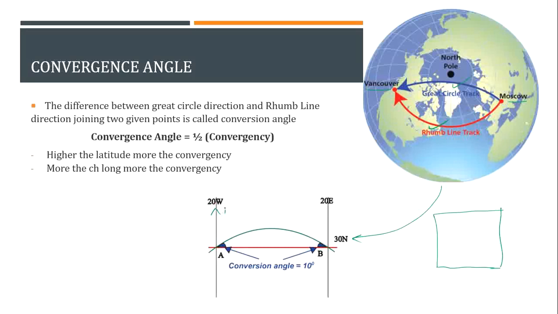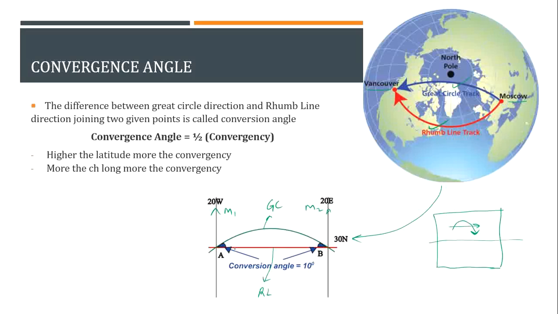This is my meridian number 1. Again, meridian number 2. This green line over here is the great circle line, a great circle track. And this red one becomes my Rumline track. Now, because there's a small difference between these two, it's very difficult for people to draw this line on a chart. Just suppose that this is the equator, this is my Rumline. How will I draw my great circle? Like this. For a pilot like you and me, following this great circle line will be hectic. We won't be able to do this.